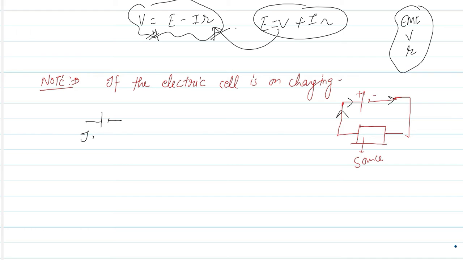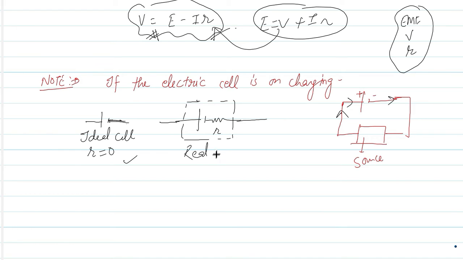And one more thing, students, I would like to tell you that if it is a case of an ideal cell, you know what an ideal cell is? An ideal cell is a cell which has almost zero internal resistance. So if you talk about an ideal cell, this is the case. And if you talk about a real cell, then we'll have to introduce internal resistance also along with these polarities, right? We all know that internal resistance is the internal part of the battery or cell, but we still show it outside the cell, provided with a dotted box. This is the way of representation of a real cell, students, right?